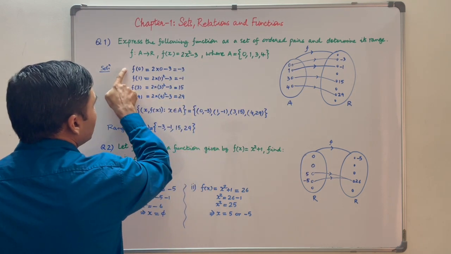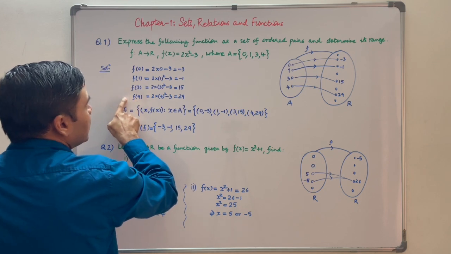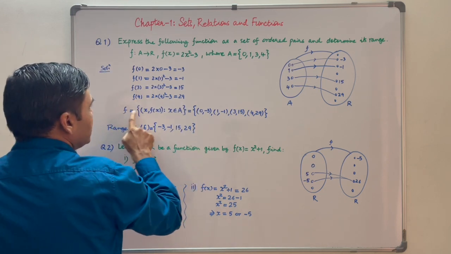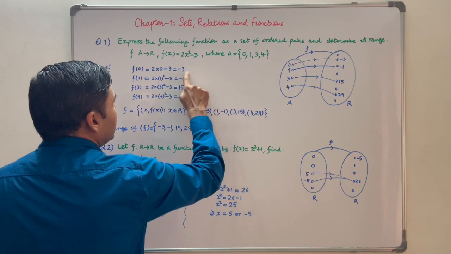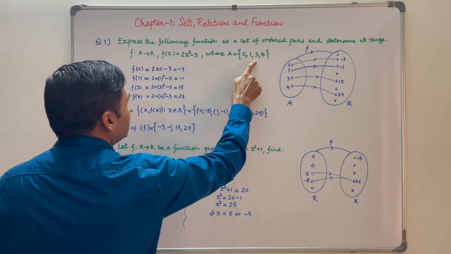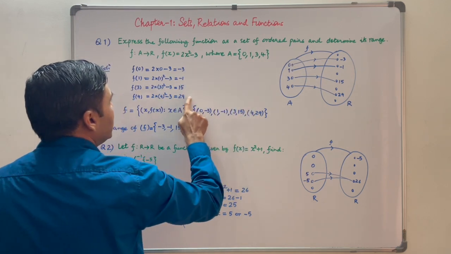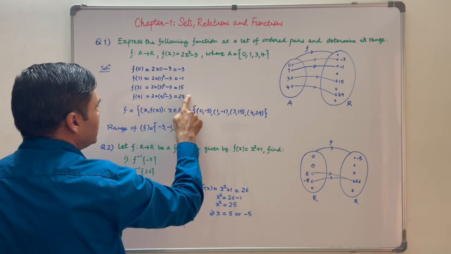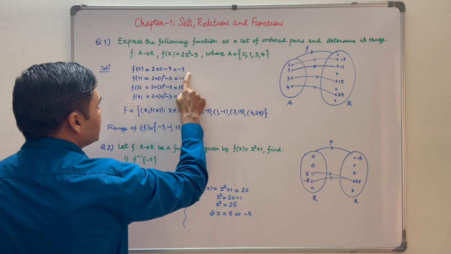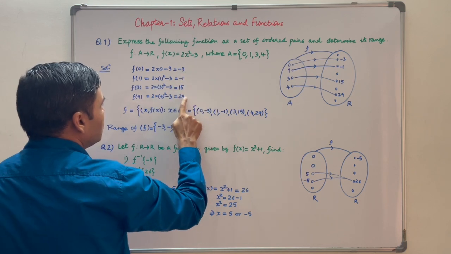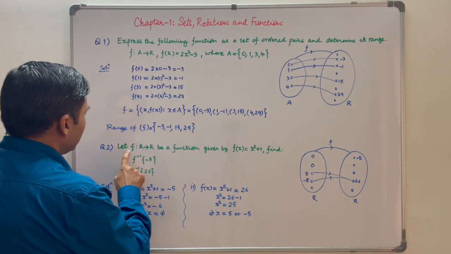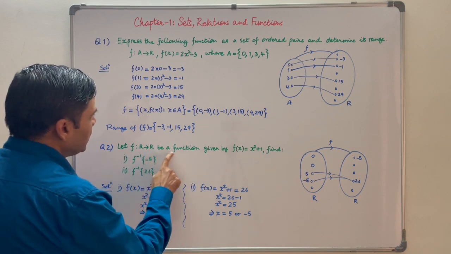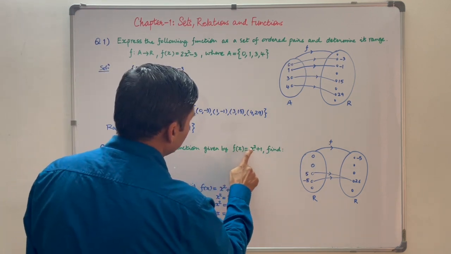So we have figured out all those images. So the ordered pairs will be f is equal to {(0, -3), (1, -1), (3, 15), (4, 29)}. And the range of the function will be the set of all these images, that is equal to {-3, -1, 15 and 29}. Second question, let f: R to R be a function given by f(x) equal to x square